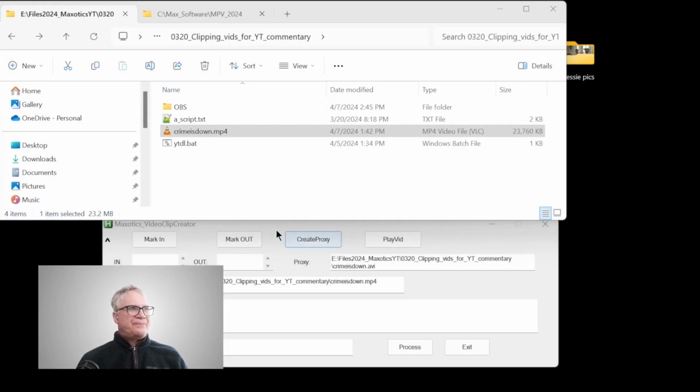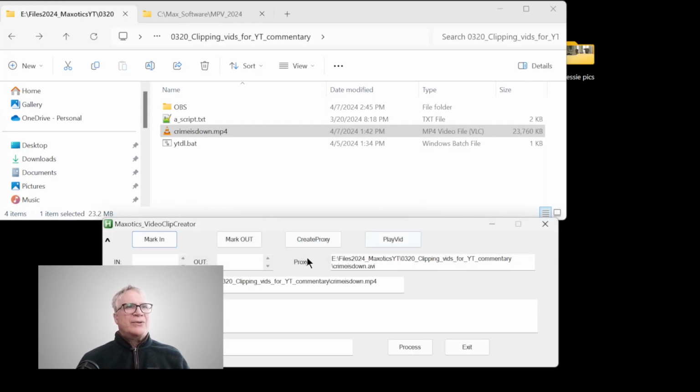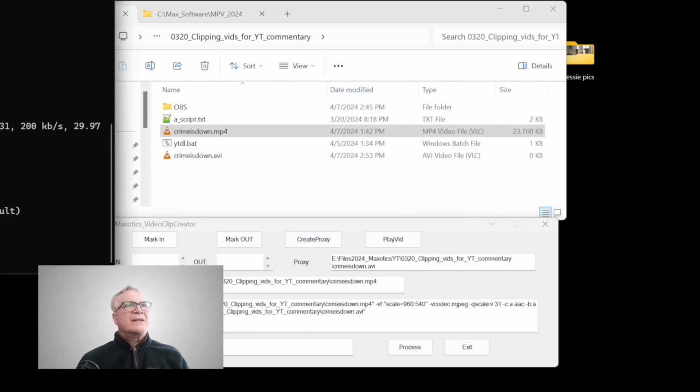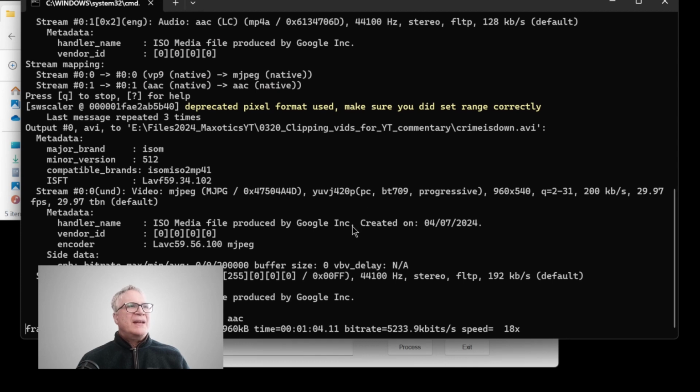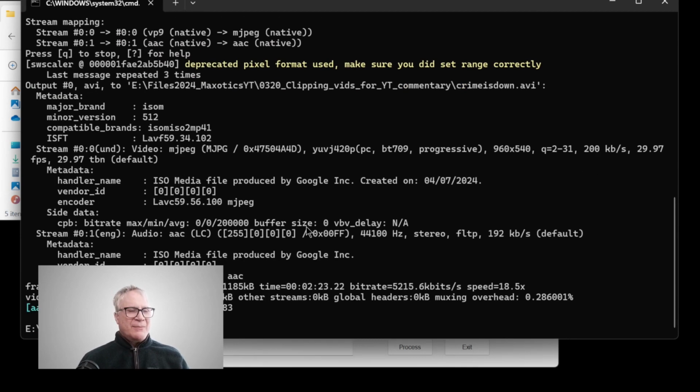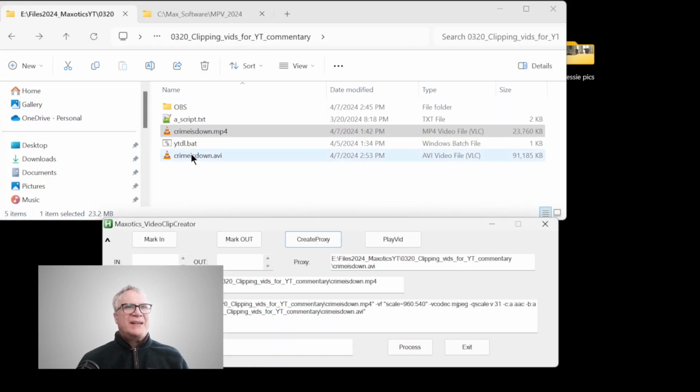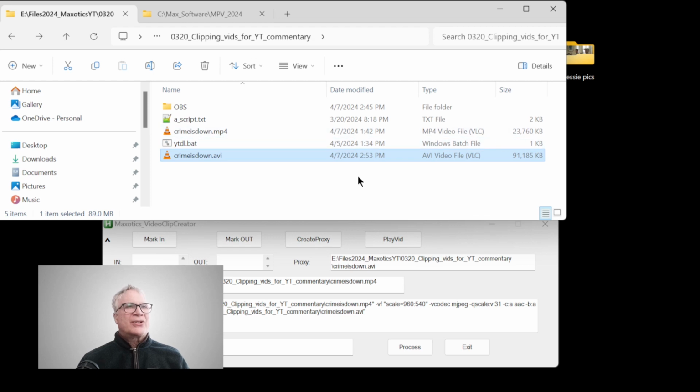All right, so what I want to do is I want to create a proxy. So I'm going to do create proxy, and I'll just drag this over here. And it'll basically just open a command window, and it'll run an ffmpeg command that will create a proxy. And we can see that here. And actually, usually it's larger. Now, the proxy is the